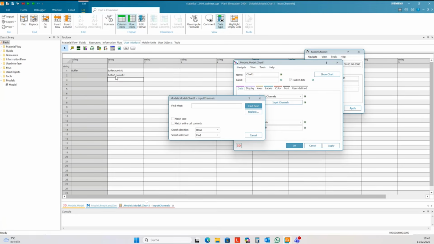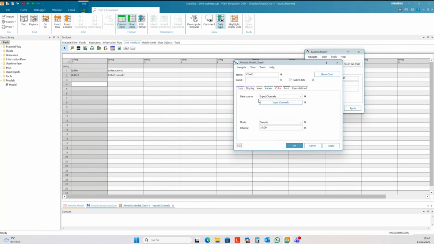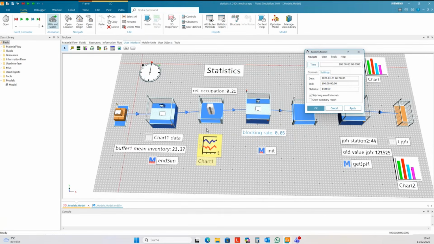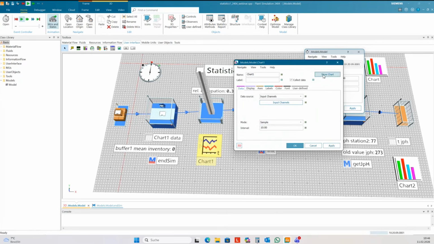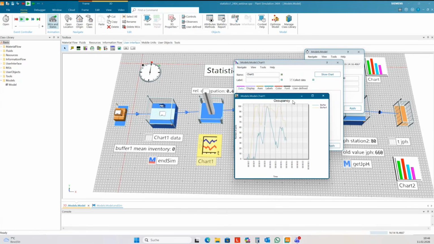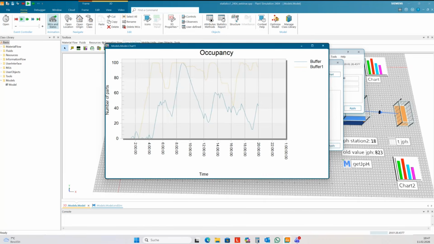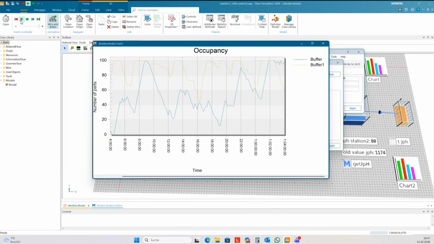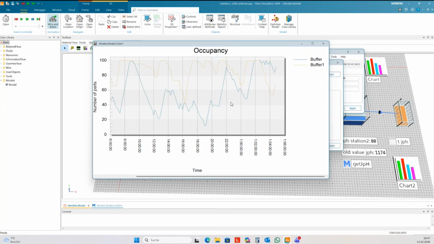Buffer 1, normal mu, here buffer 1, and then it plots. I hope you see this. Now it plots the values of 2 buffers in one diagram.